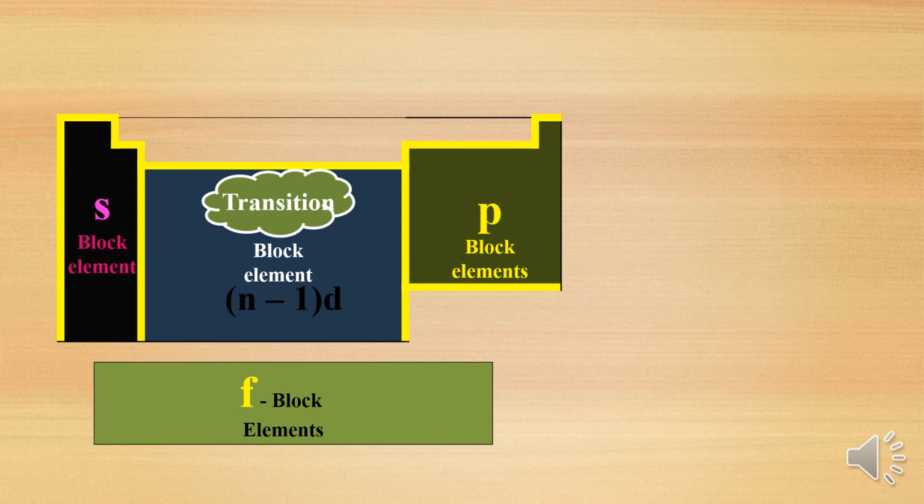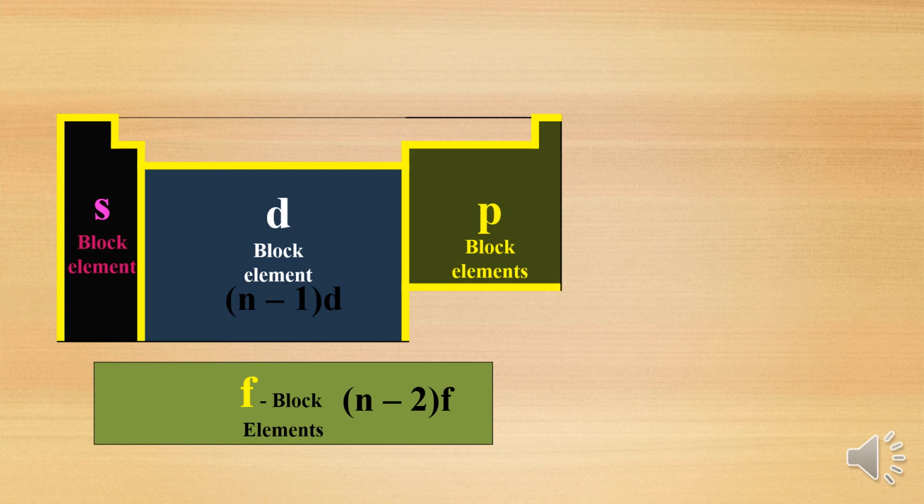Now already we know D block elements are called transition elements and F block elements are called inner transition elements. In D block elements, what happens? The last electron enters into the penultimate shell. That's why they are called transition elements. So there will be unpaired electrons. Almost all the transition elements are present in the D block because they have incompletely or partially filled orbitals.